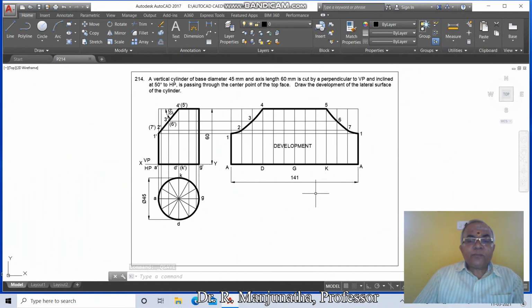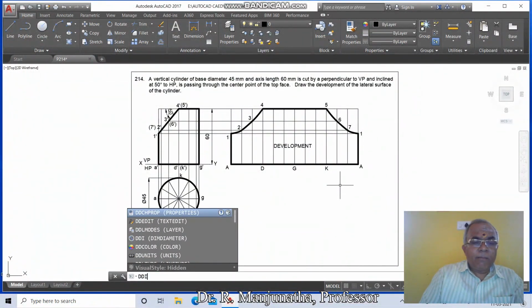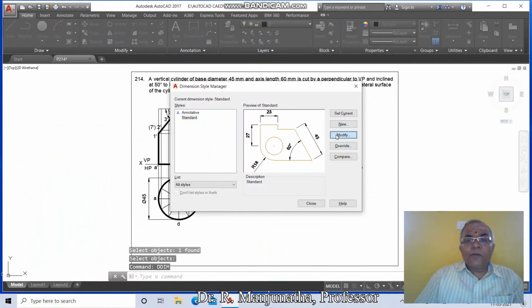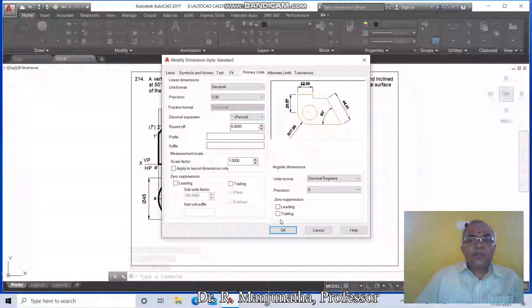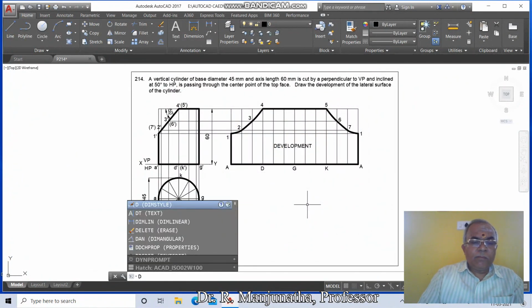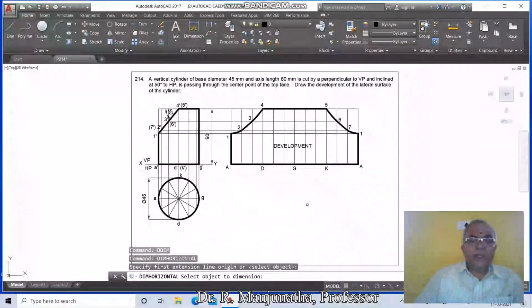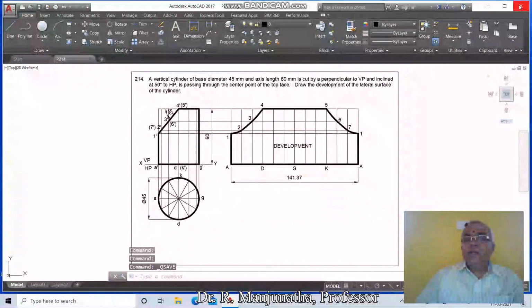So here you just go to erase, go to this, go to DDIM, go to modify, go to primary units, the decimal up to second decimal point and say OK and say close. Then go to dim horizontal, select this line, you make this as 41.37 and then go to save, and once you save this, then finally you exit the